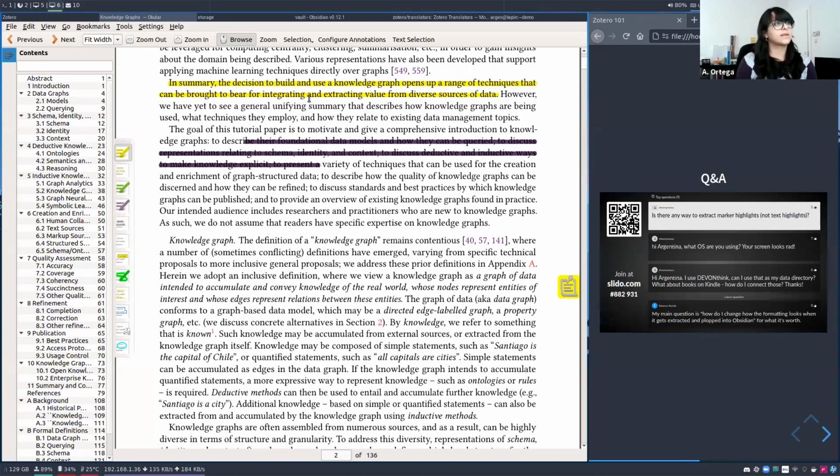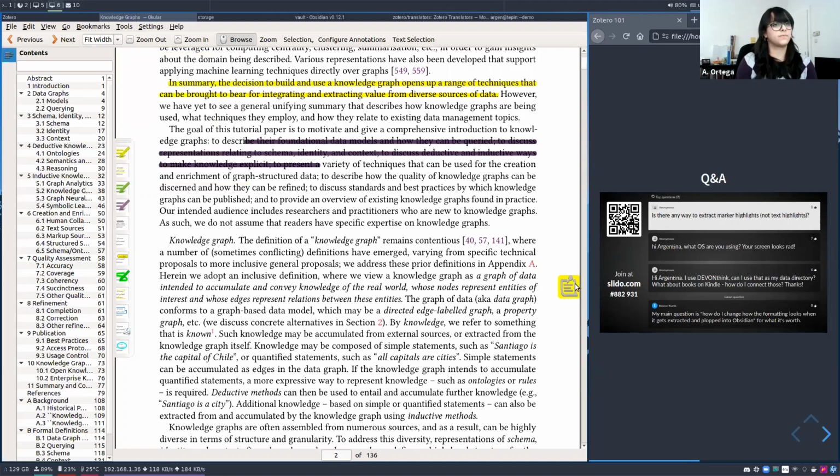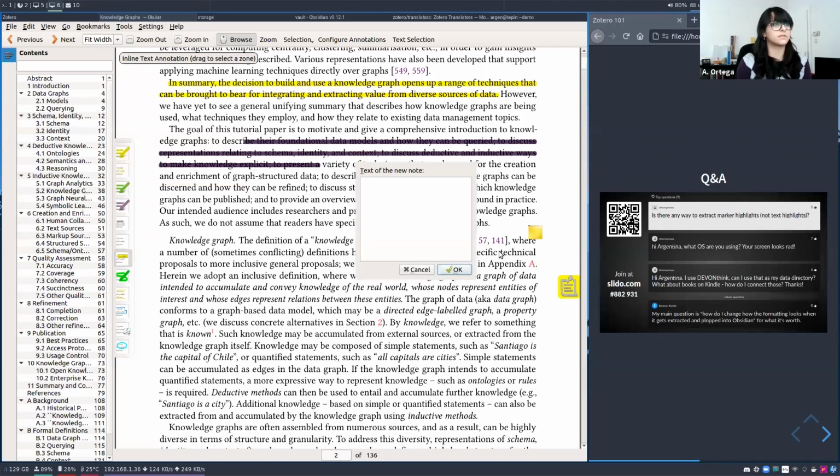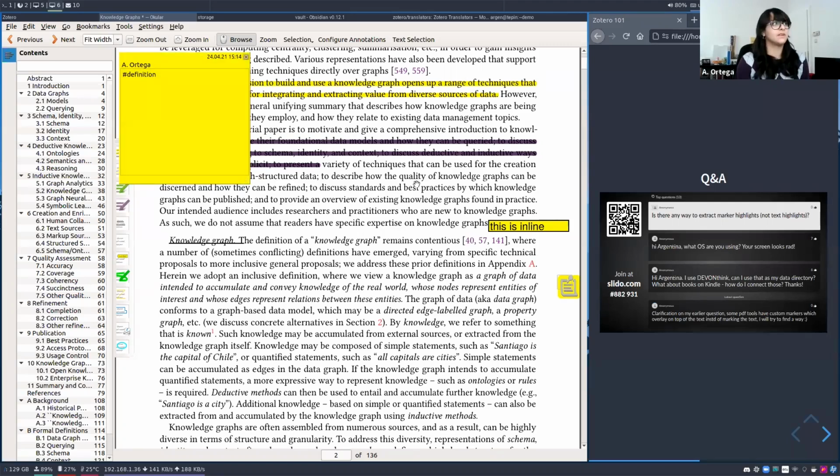Anyways, the two things that get extracted are this type of highlights and this type of notes. There is another type of node that you can add. I think I covered this one. This type of highlights won't work, but underlines also work. So underlines, this type of marker highlights in my terminology, and these so-called pop-up notes get exported, but